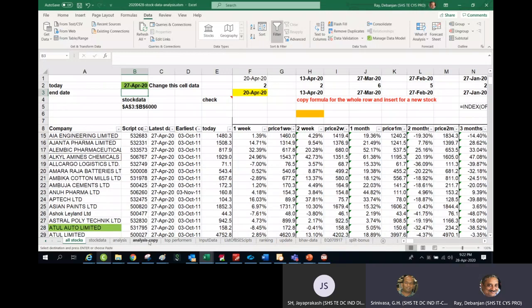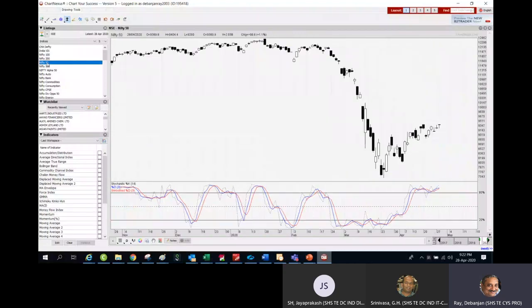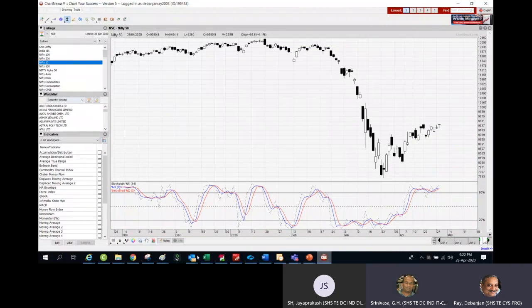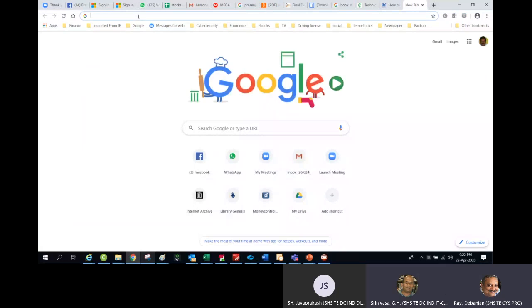Whatever I know, all of them are already there. Okay, let's take some stock. I don't know. Let's say some of the Nifty 50 stocks. Let's pick up some good stuff.